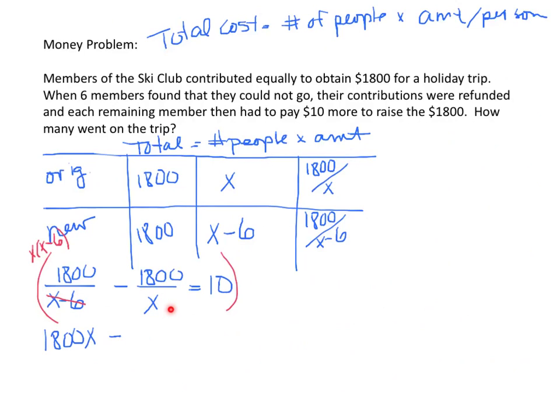So I will be left with 1,800 times x minus 6. And then the thing that every one of you seems to forget at one point in time or another, you also have to multiply this by the right-hand side of the equal sign. So that gives me 10x times x minus 6. As I expand all of this out,